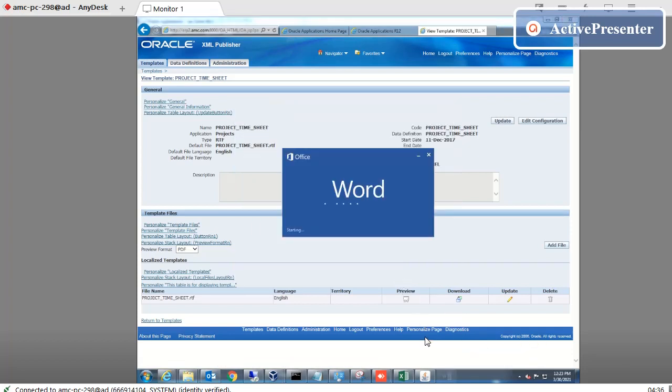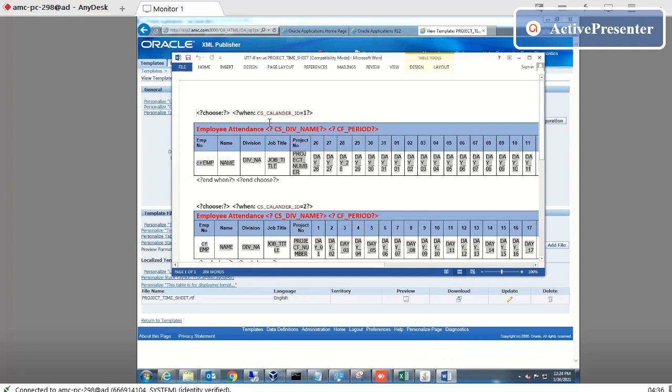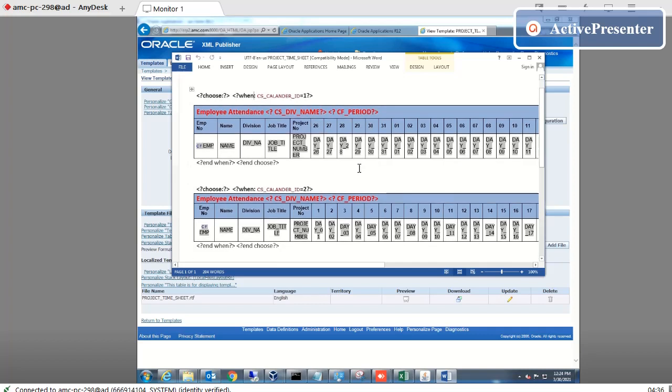So here we are making the calendar one, then this will appear because our attendance starts from 26 to 25. This is another template of that attendance, started from first of every month to the last of every month. So we have two formats, and we have made one condition here.